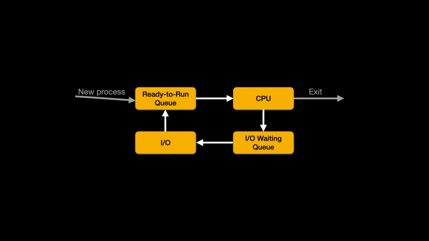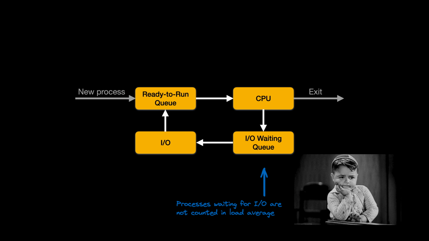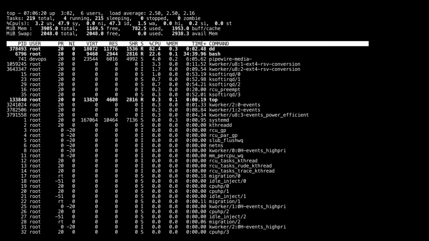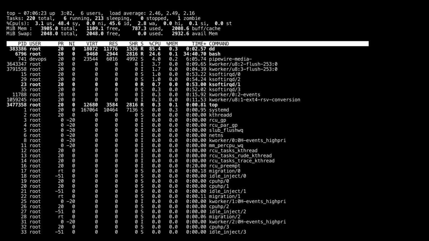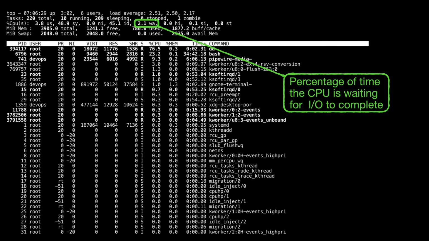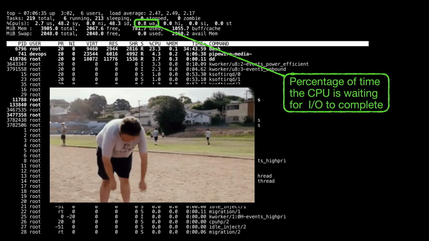One more thing. When a process is ready to start, it is placed in the ready to run queue. Then it is picked by the scheduler and dispatched to the CPU for execution. A process can be blocked, waiting for an I/O operation to complete. In this case, until there is demand, the operating system will schedule other processes to run. However, the process waiting for I/O will not progress till the issued I/O operation is complete. The percentage of time that the CPU is idle waiting for the I/O to complete is called I/O wait. High I/O wait can at times indicate a bottleneck in the network or disk subsystem of the machine, and is a sign that further investigation is needed.